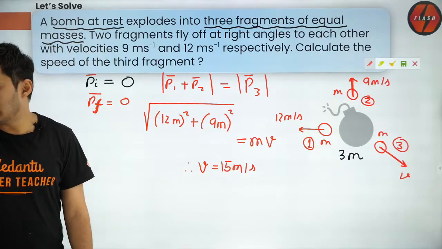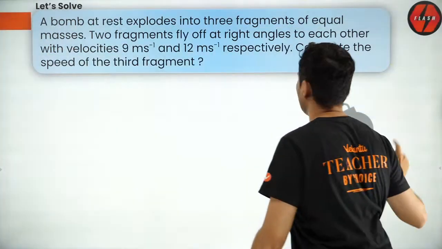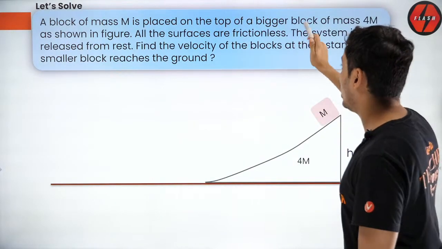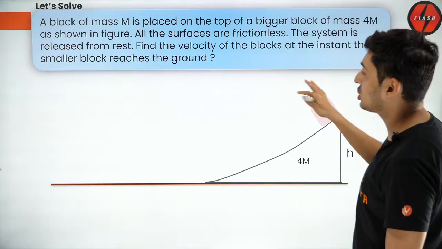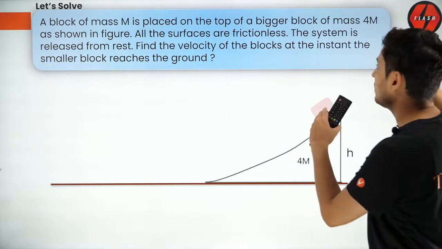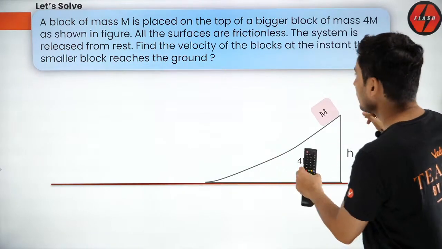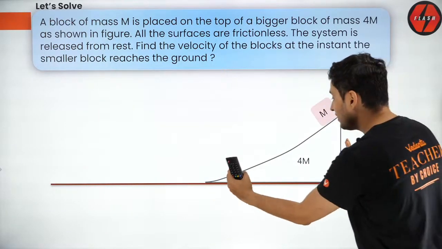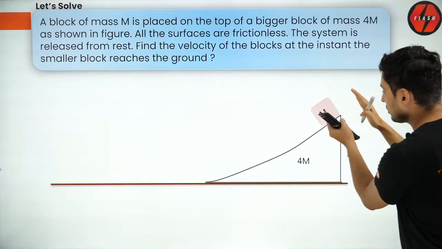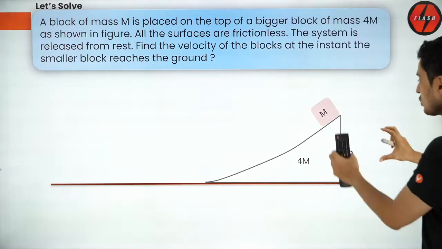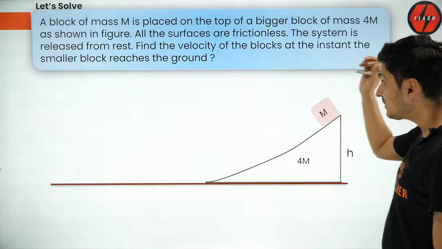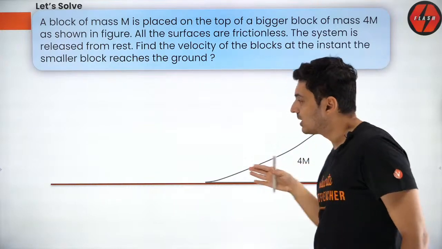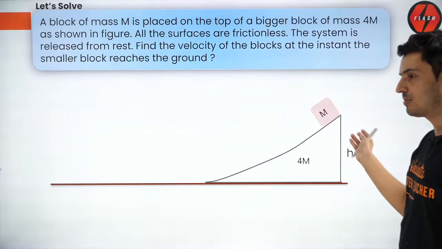All right, very good. Let's get going to the next question coming up on your screen, and here it is. Read it. A block of mass m is placed on the top of a big block of mass 4m as shown. All surfaces are smooth. The system is released from rest. What do you think will happen? Obviously, this block will slide down. Not just that, even this wedge is going to move behind. So this will come down and this is going to push this back. So both of them are going to move. What is the speed of the block when this block reaches the ground and it is going that way? So that is the question. What are the speeds of the blocks? I hope this is clear.